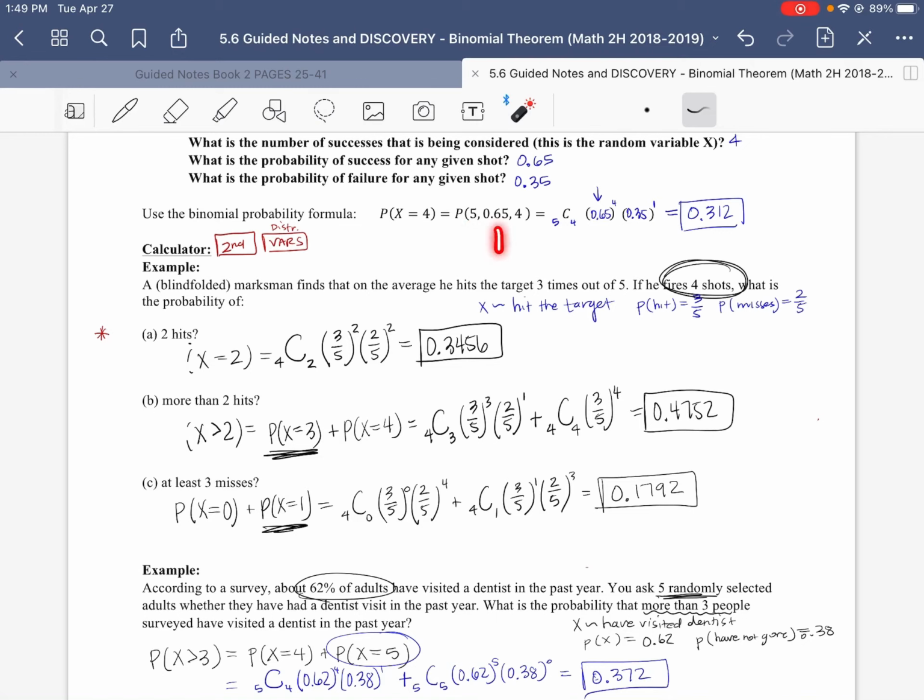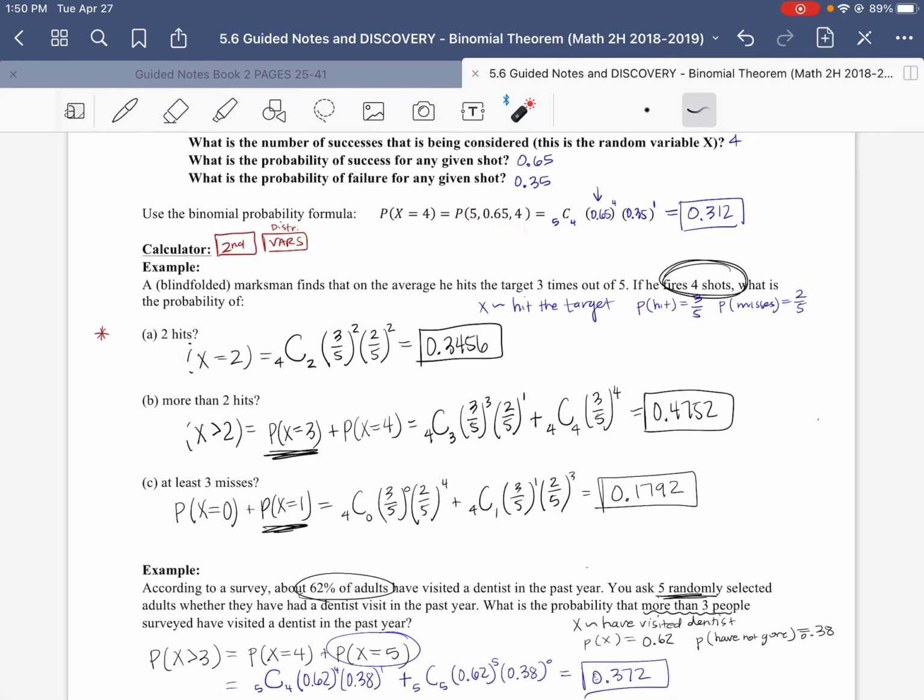And then it will say, what is the probability of each trial? 65%. And then it'll say, what do you want X to be? How many successes? And you can tell it 4. Others, it will look just like this. So just remember, this is the total number of trials. This is the probability of success on a given trial, and this is how many